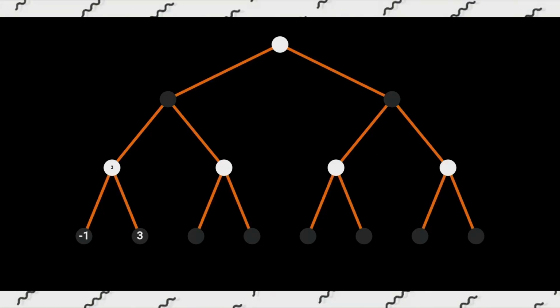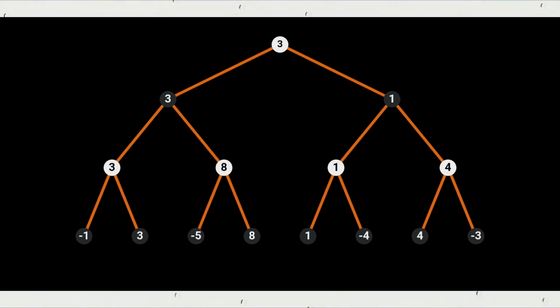Let's say here the evaluations are -1 and 3. Since it is the white dot or the bot's choice, to maximize, the move with eval 3 is chosen. Similarly for the other side, 8 is chosen. Now it's the black dot or the other player's turn, so considering it plays the best move, the score should be minimized, so 3 is chosen. And similarly, the rest of the evaluations are made, and the final evaluation is 3. So out of the 2 moves the bot has, the left move is the better one to play,